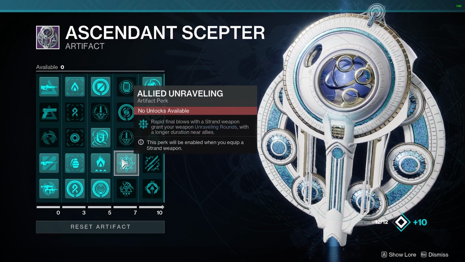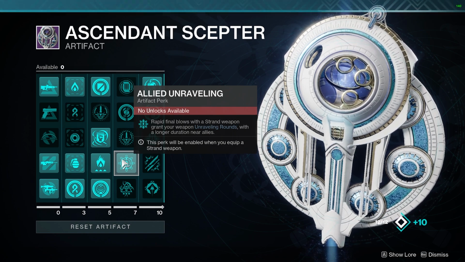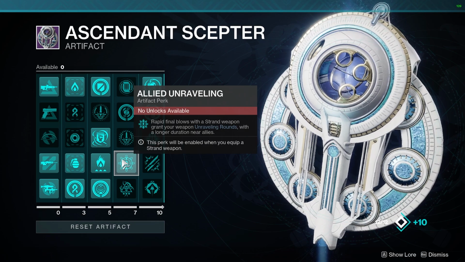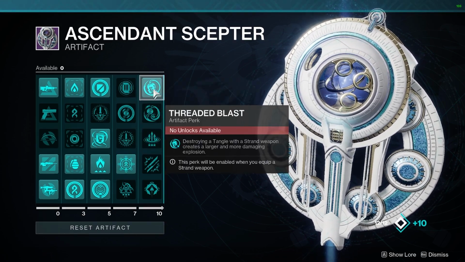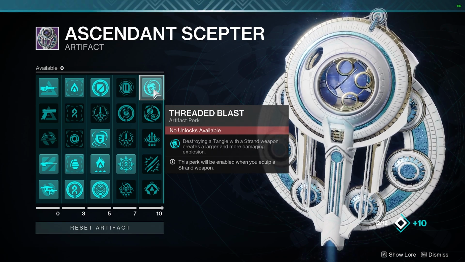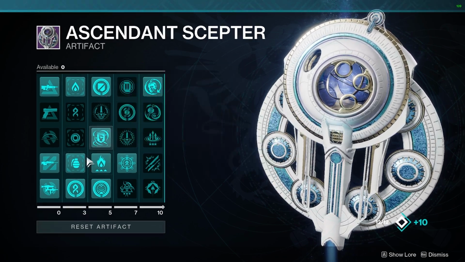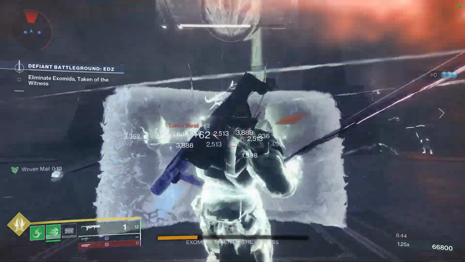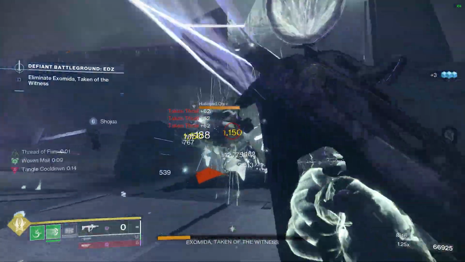Allied Unraveling grants us unraveling rounds on our Strand weapons after Strand weapon multi-kills, which will lead to extra AoE damage and additional tangles. Finally, Threaded Blast greatly increases the damage and radius of the explosion from tangles when we destroy them with a Strand weapon. Be sure to take Authorized Mods, Grenades, and Multi-Siphon mods as well for better mod economy. Either way you choose to set up your weapon loadout, we have some amazing artifact perks to make them even